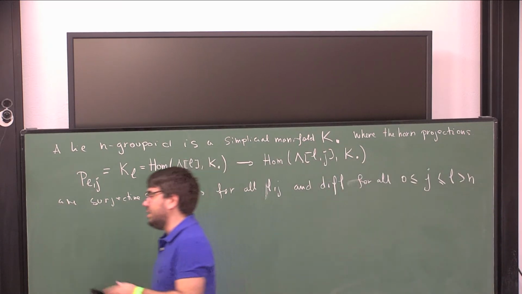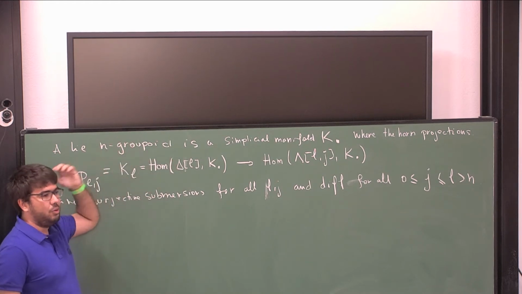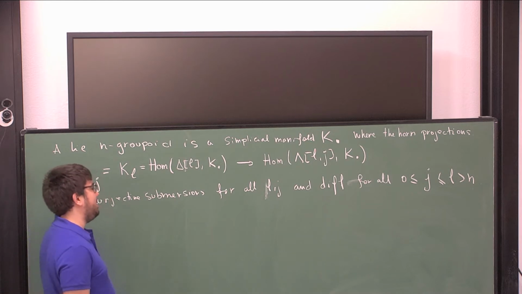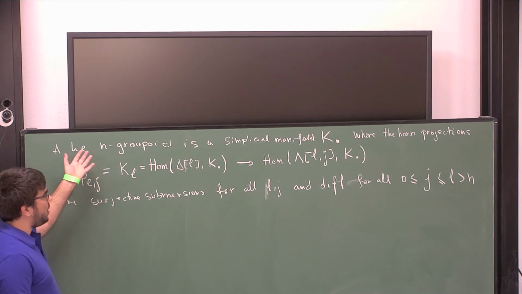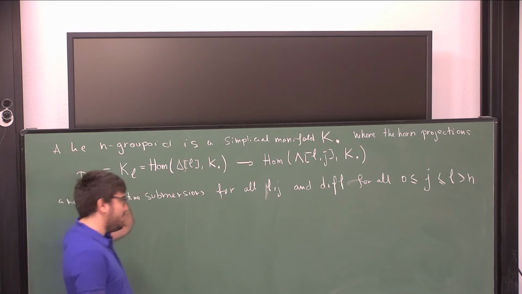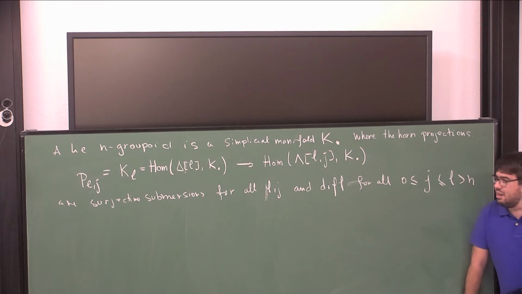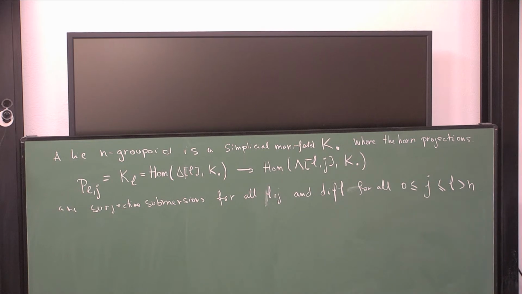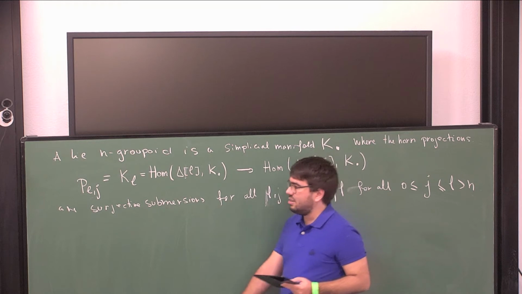So the first question is, okay, this is an abstract definition. What does this have to do with the idea of a groupoid? I agree that it is not clear a priori why this kind of object should be called a higher groupoid. Even myself, it was a really long time before I understood this, so I'm not even sure that I understand completely what is going on. What I want to say is just that in degree 1, this just recovers